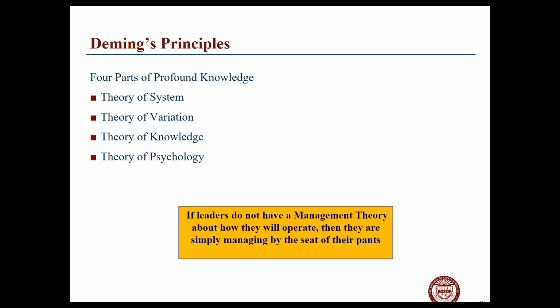And so he said, for instance, if you just have the number 2 and another one over here, unless you know the theory of multiplication and division and addition, they're just symbols. They mean nothing until you apply that theory to it. And so he said, this is what you need to have when you're managing an organization. What is your theory about how you're going to go about making improvements? And so, 4 components of that. 1, you need to understand the organization as a system.